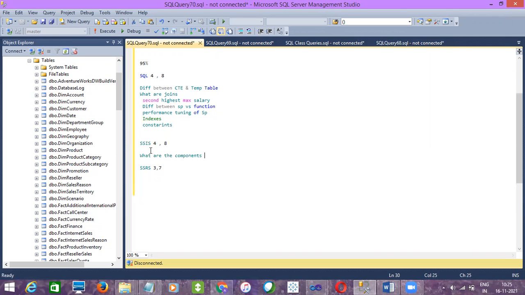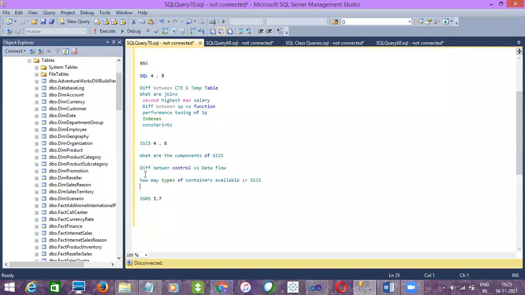What are the components, guys? Control flow, data flow, package explorer. Yeah. So they can ask you about control flow versus data flow, right? First they'll ask you components and then control flow versus data flow, and then how many types of containers are available in SSIS.